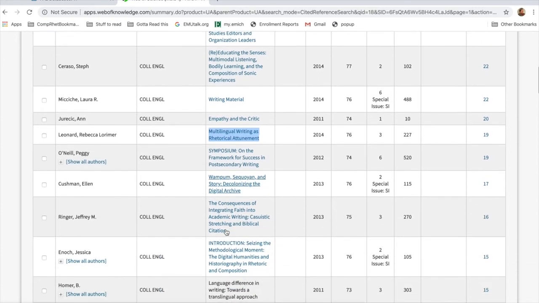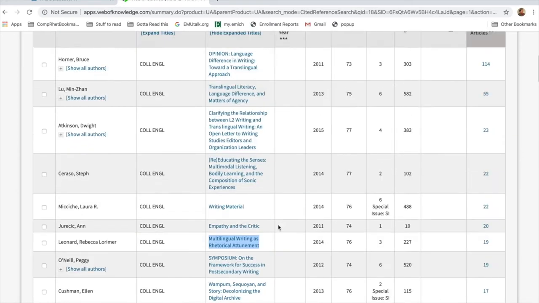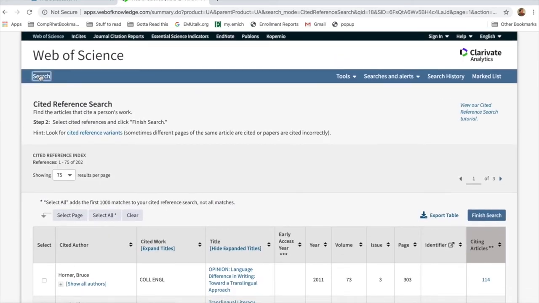Okay, you get the idea. Digital Humanities and Historiographic Composition. That's another area that may or may not be of relevance. So I might have to look at 3 or 4. I might have to look at like 6 or 7 different articles to come up with the 5 that I need to do for this. But I've got a couple here already. And I'm going to do one more search.